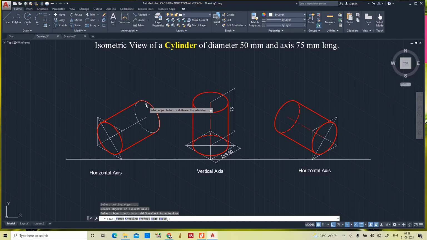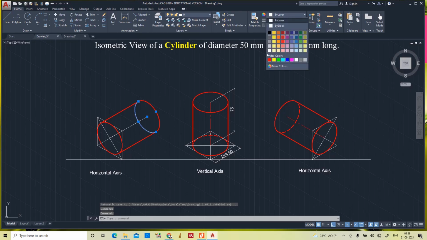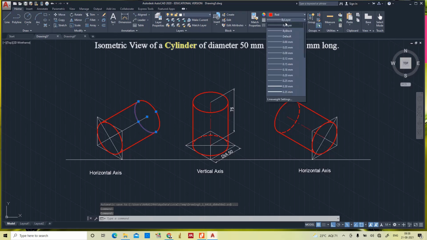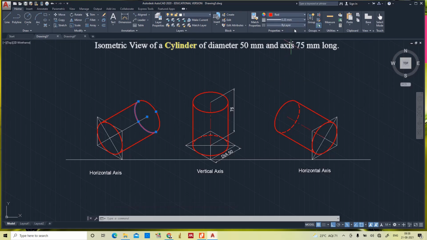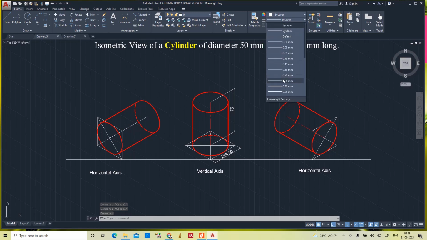This portion we have to remove because this one we have to give the dashed line. So yes, see, now we got this one. This is the axis.